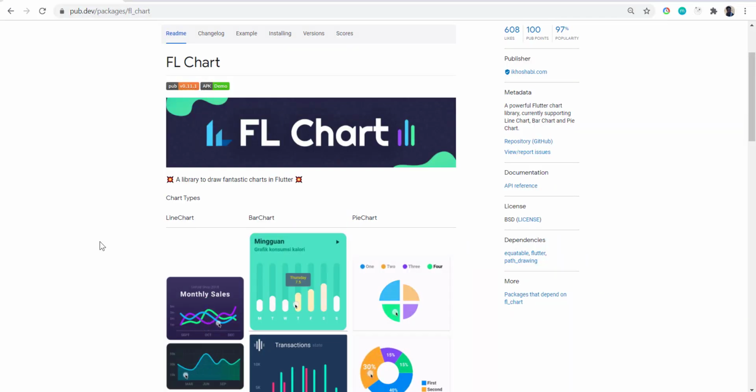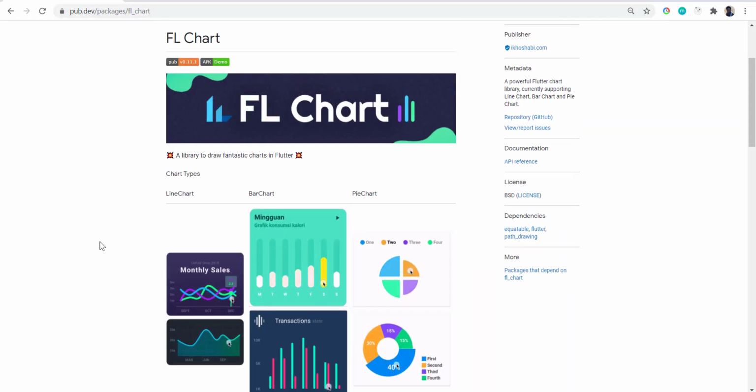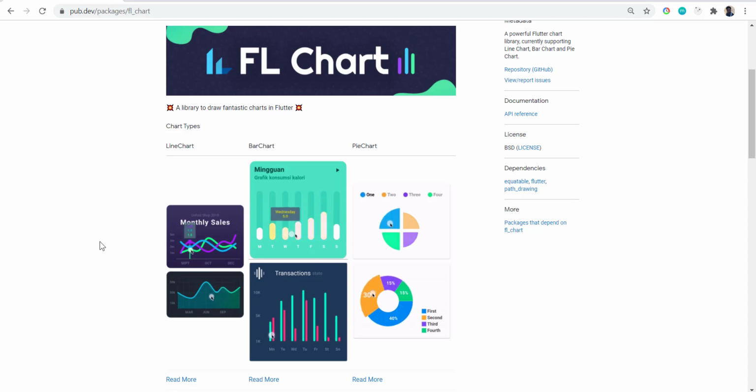Our next package is the FLChart package, which helps us to create these beautiful and interactive charts, which are helpful in any of those apps which want to show some metrics or something related to the activity of the user, like fitness apps, time tracking apps, and you can add them easily with the help of the FLChart package. I made a separate video for FLChart named Data Visualization in Flutter, which you can find in the description or by clicking on the I button, and I've covered really cool customizations in that and everything that you can imagine to build with the FLChart package. So make sure you check that out. With that, let's move on to our next package.